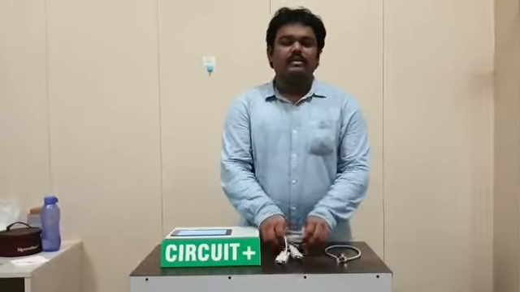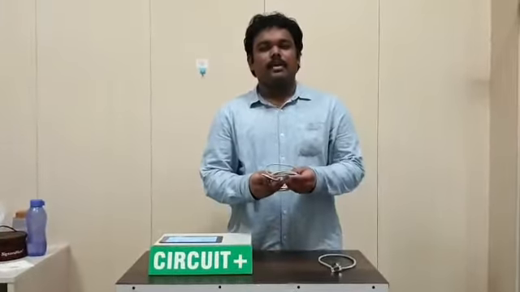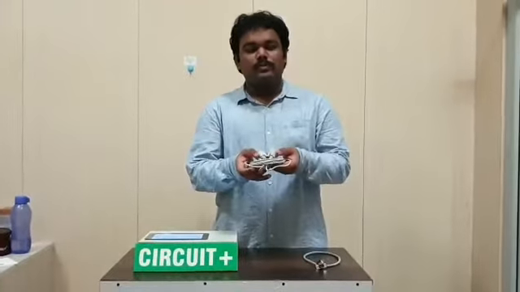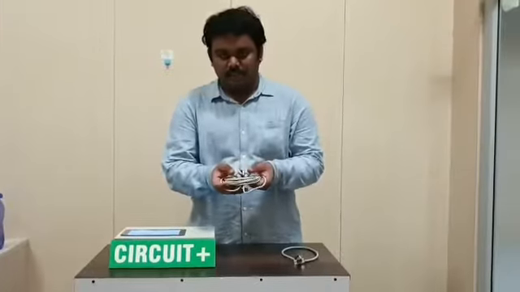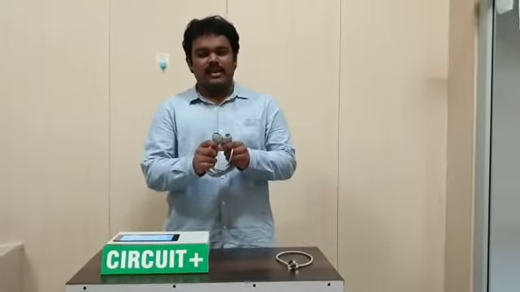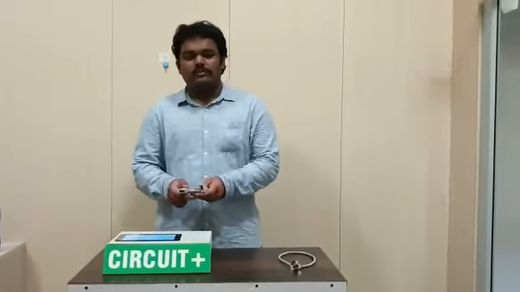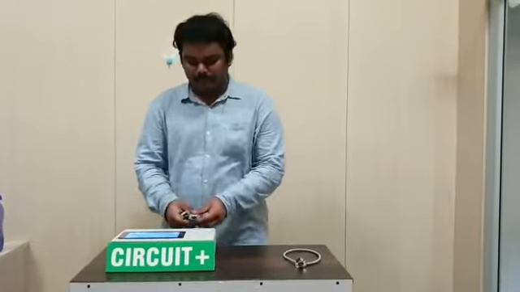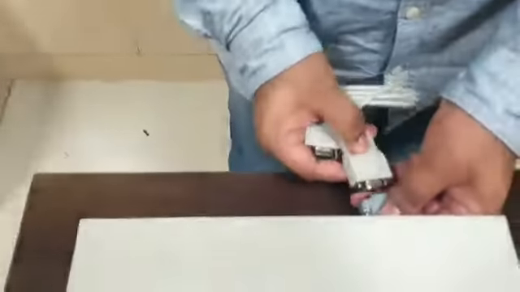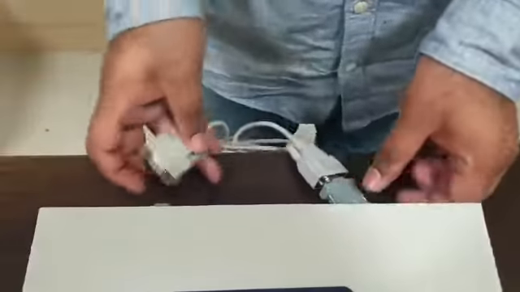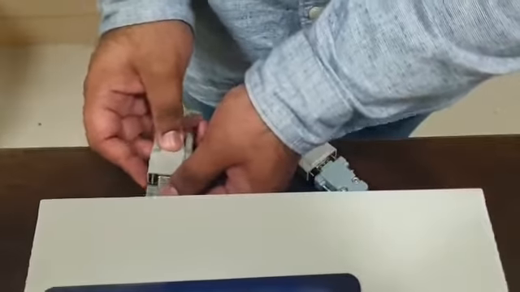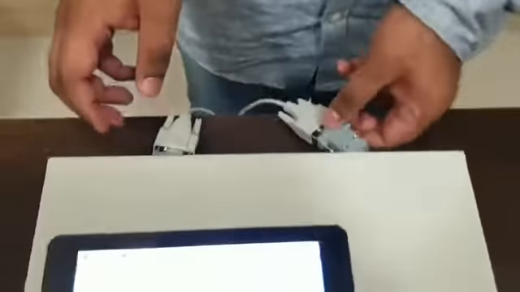And here are the cables which will act as a vehicle circuit for the purpose of this demo, and it is said to be a cable in good condition. So for the further testing, I will interface this cable to both ends of the two connectors at the back. So I have connected now.